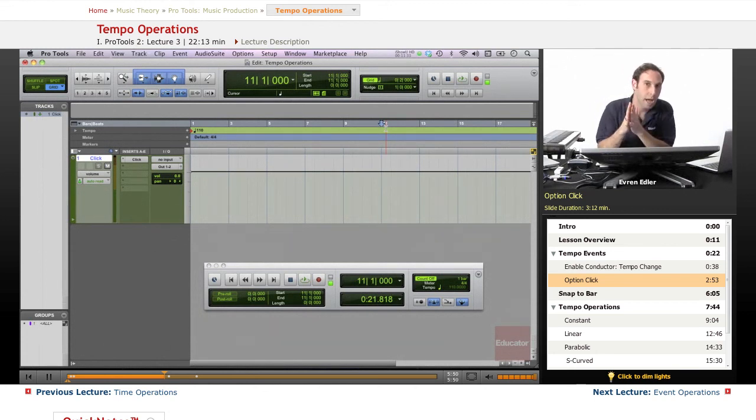So this is how we set up different types of tempo in our session. You may have these kinds of sessions going to be changing the tempo all the time. So that may be one of those